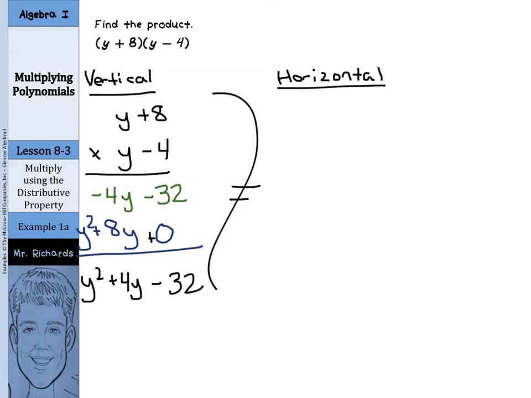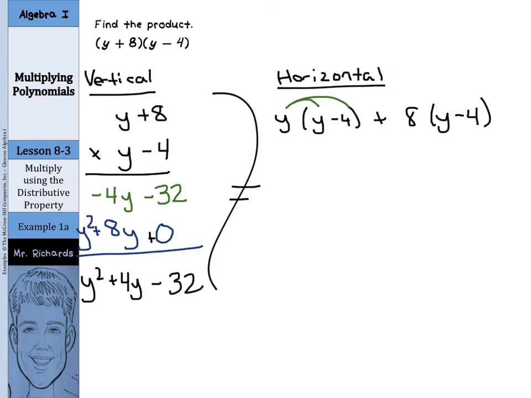And in this way, we're going to take the y and multiply it by y minus 4. And we'll add that to the 8 times the y minus 4. And you might be saying, wait, how did we split this up? Well, this y is this y, and then the plus 8 is this plus 8, and we're going to distribute both of these here. So y